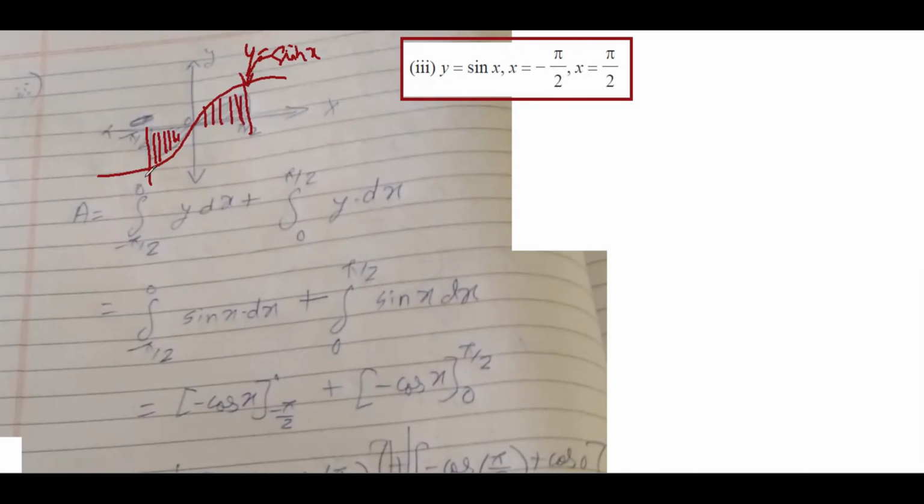Okay. So for that, what I did is from minus pi by 2 to 0 this part, and then here I did 0 to pi by 2, y dx, this part. Substituted the value of y as sin x, and then took the integration of sin x, which is minus cos x. Then the limit will be minus pi by 2 to 0. Same thing over here, it will be 0 to pi by 2. Then substitute the upper limit minus lower limit, and then you got minus 1 and 1. Took the modulus of this, 2 square units. This is a perfectly correct answer.